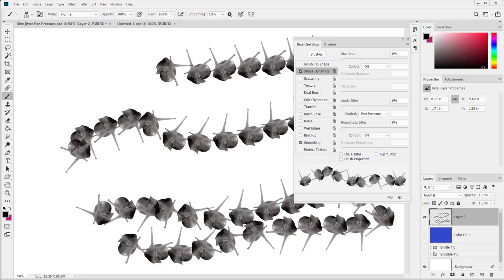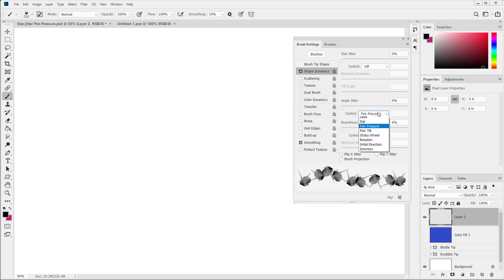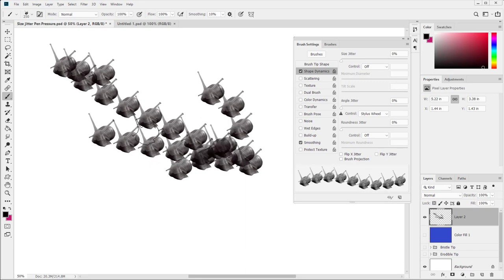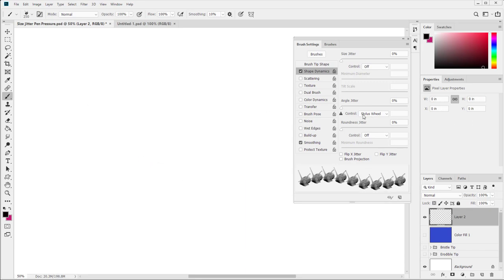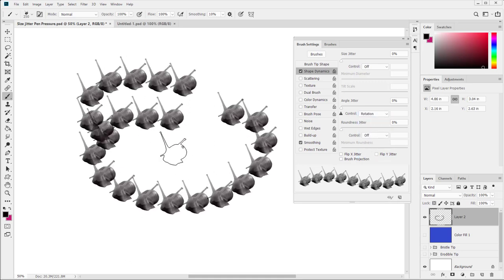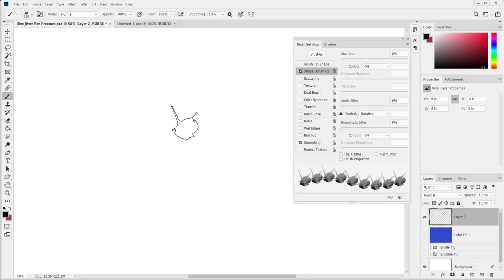So depending on if I go soft or hard on my stroke as I press it, it will rotate the snail around. I can also set it to be the tilt stylus wheel. Really? Oh, well, not in this case. I was thinking it was my mouse, but it clearly says stylus. I just got excited. Rotation, which is actually not a reference to you spinning your mouse around, but to your